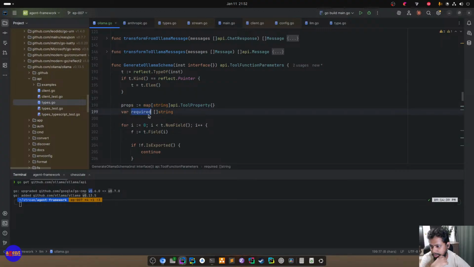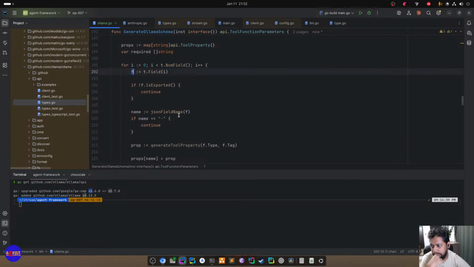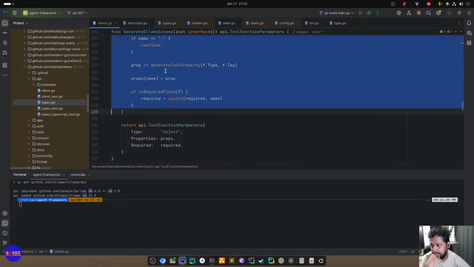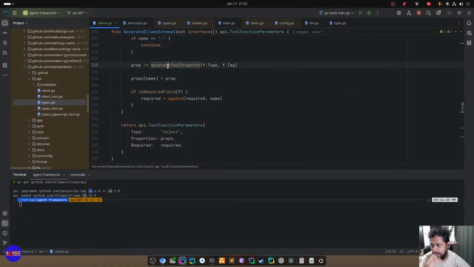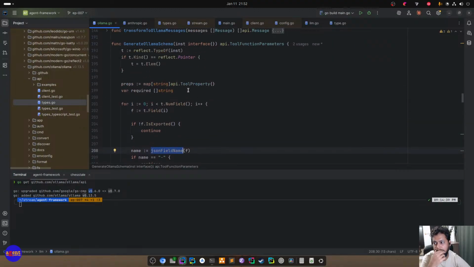All the properties required string. Then we iterate on the fields that we have and get the data. We create the prop. If it's required, we add to the required, and that's it, right? So this is required, and generate tool property in JSON field are the three functions we have to implement,